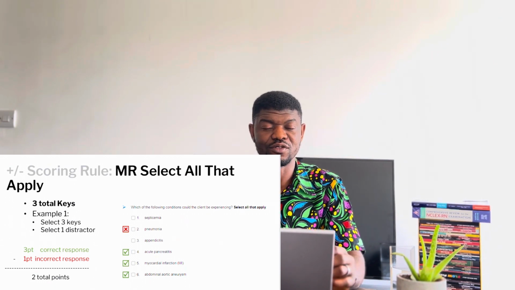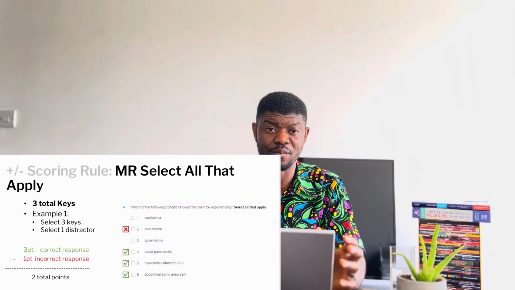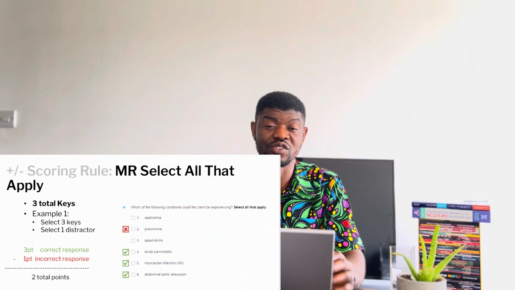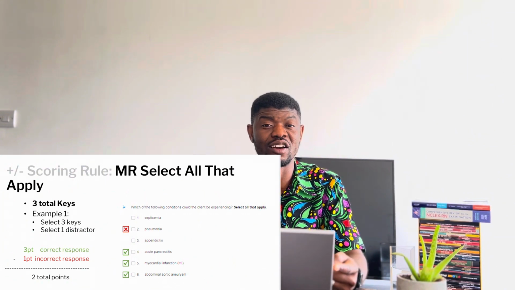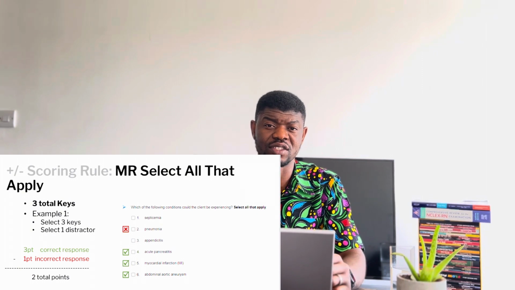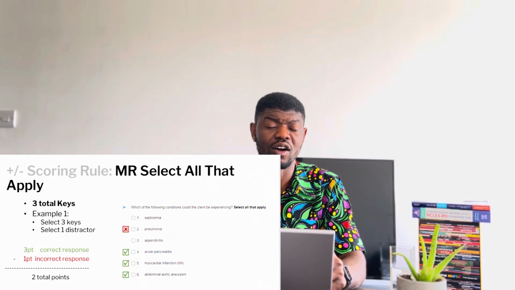If you get one answer correct, you usually get 1 point. But if you get a wrong answer, then you get minus points. So if you get 3 correct answers with 1 incorrect answer, you usually get a total of 2 marks for that, because there is negative marking on this type of question. Now we would move on to the highlighting table